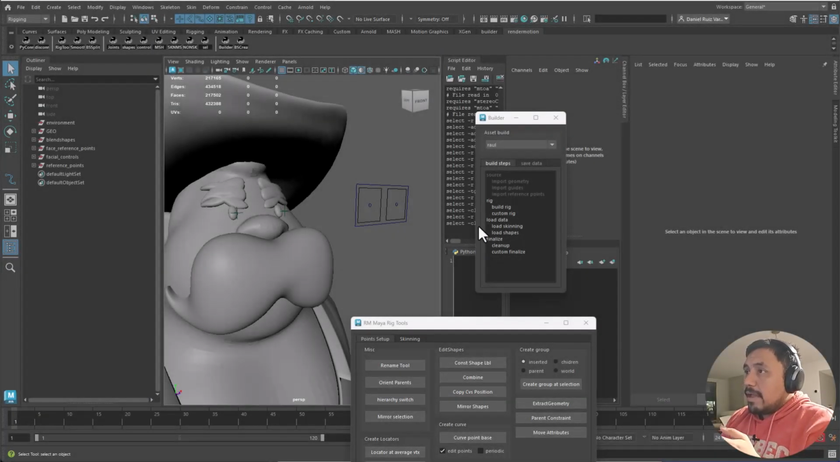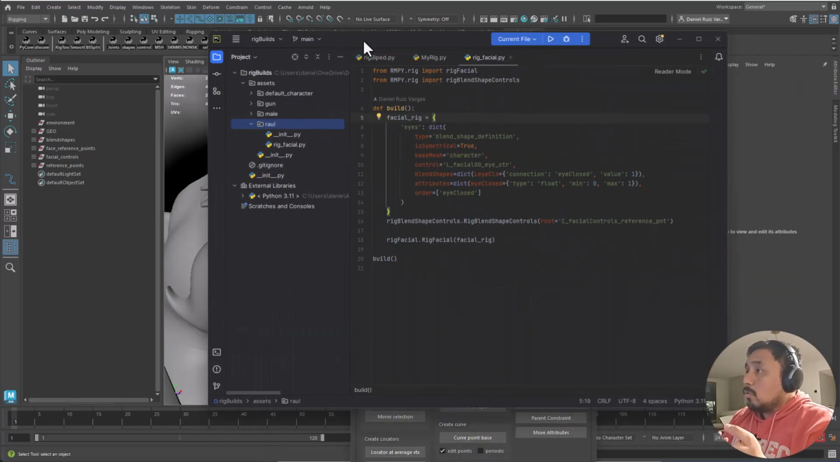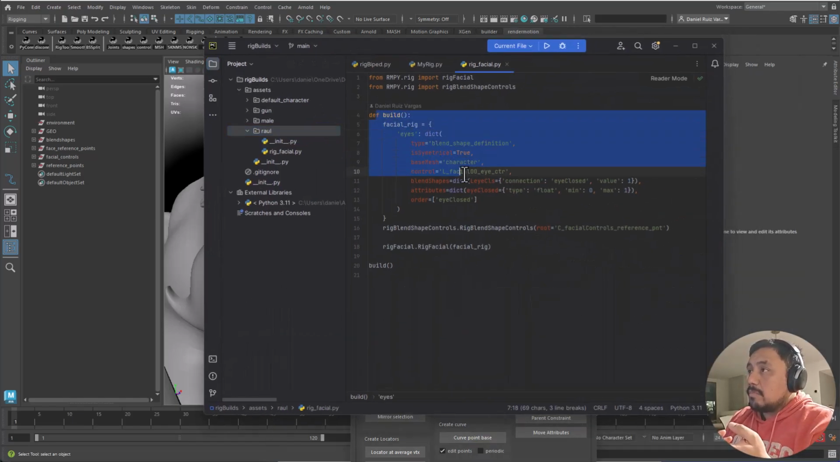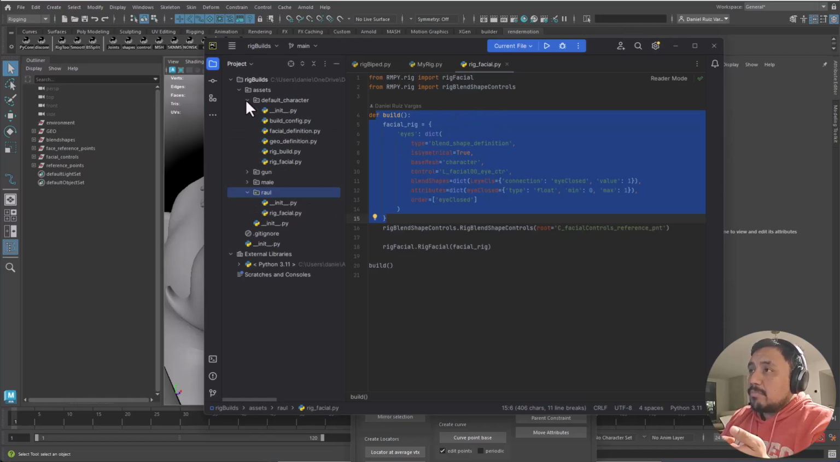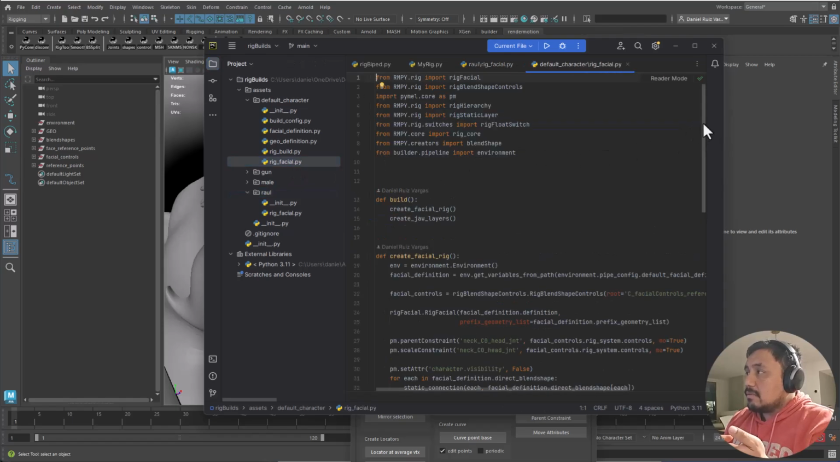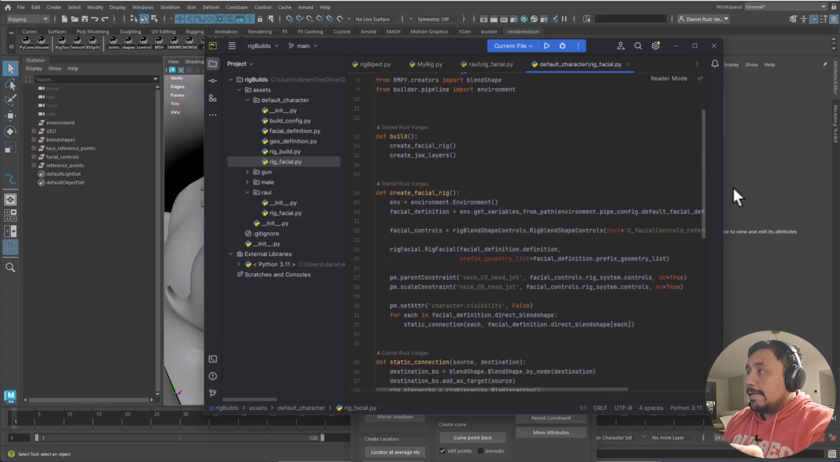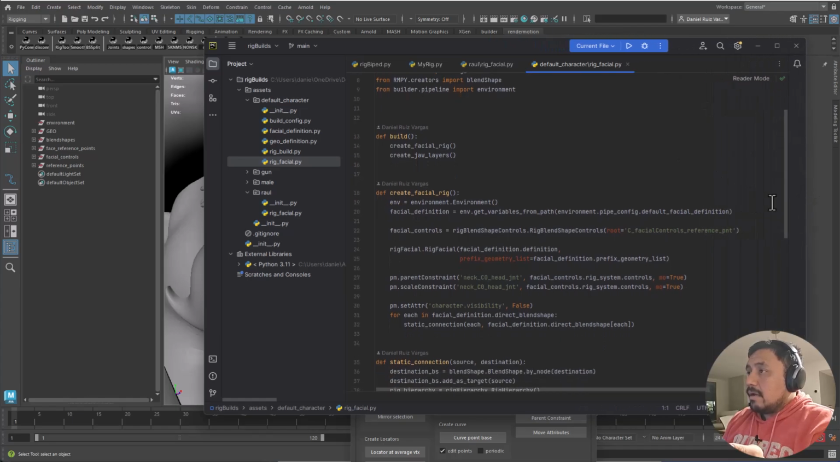For Raul, I had created previously some code to execute and build the plane shape controls. There is an example of this in the default character. There is always a rig facial, which is this file, and as you can see, I'm loading here the environment, and I'm loading here something called the default